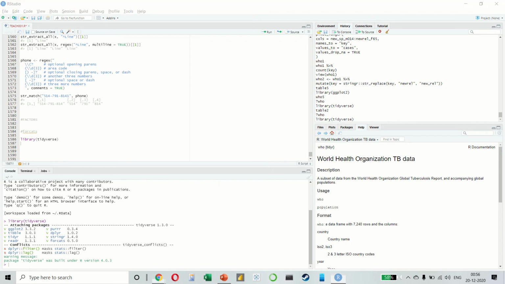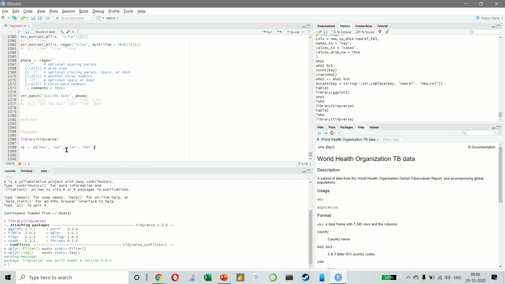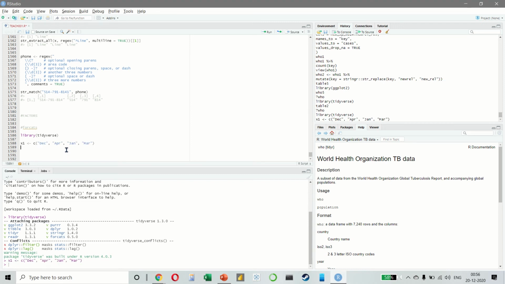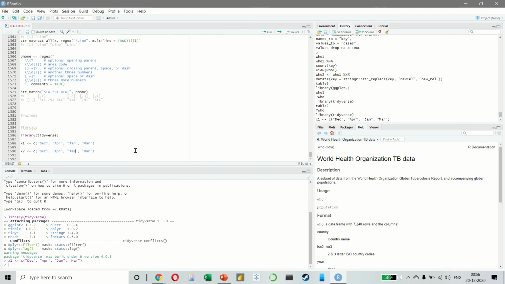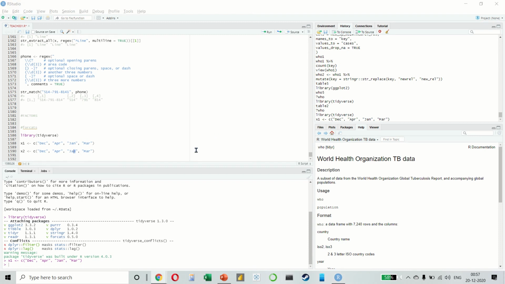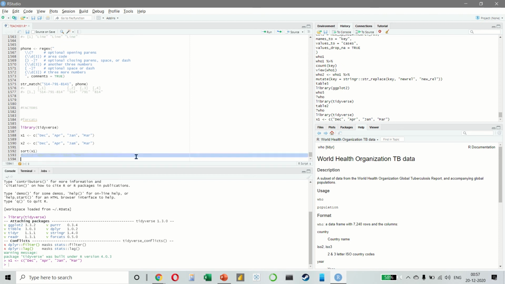So imagine we have a variable that records months like this. And using a string to record this variable has two problems. There are only 12 possible months, and there is nothing that stops us from making a mistake. That means if I make a typo, if I write the letter N as M, there really is not much that I can do. Also, it does not sort in a very helpful way. Because if I look at it alphabetically, then it comes like this: Apr, Dec, Jan, Mar.